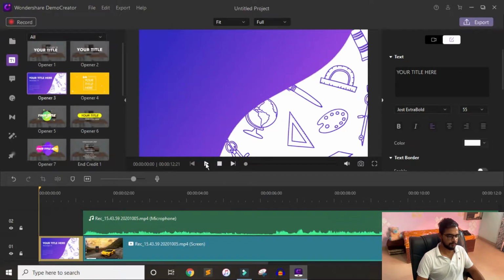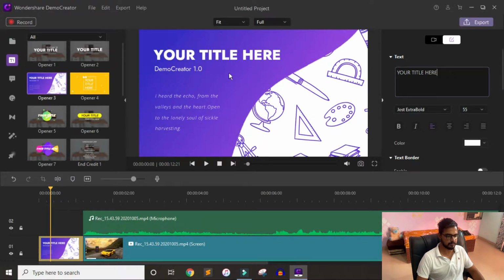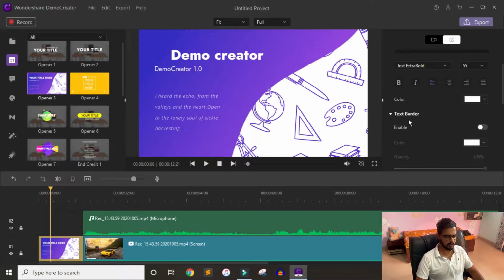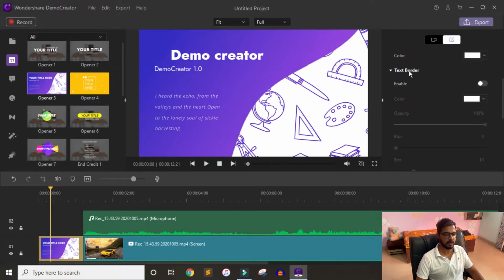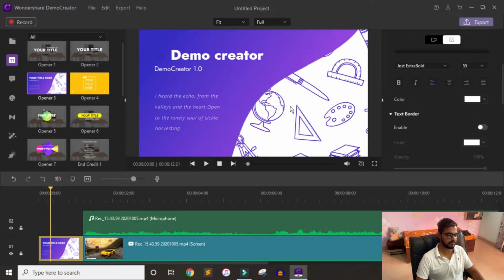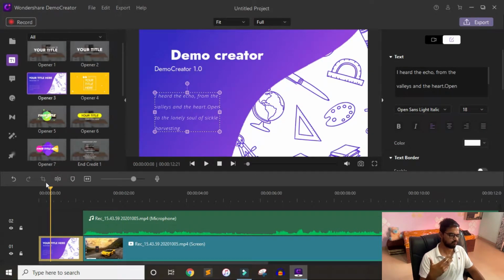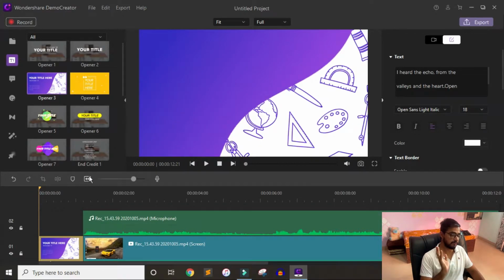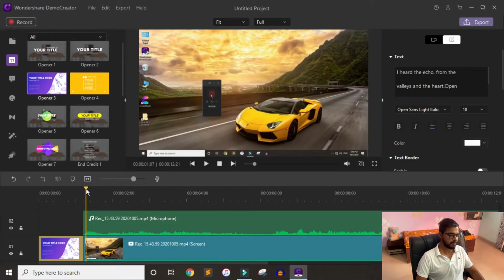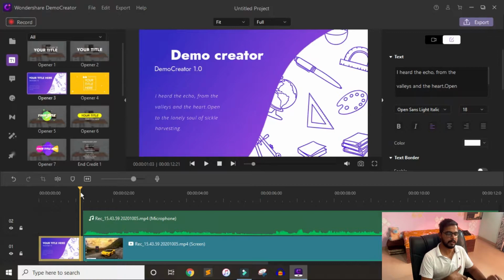Okay, as you can see, here are the settings where you can edit your text. You can also change the font family, size, color. There are so many things, not so many, but decent enough. Text border, if you want to apply it, first of all you have to enable it. Then you also have settings for the text shadow as well. You can also change this text, but this is not a full tutorial video, so maybe that is enough for this video. And this is your preview window, and here I want to apply a transition.